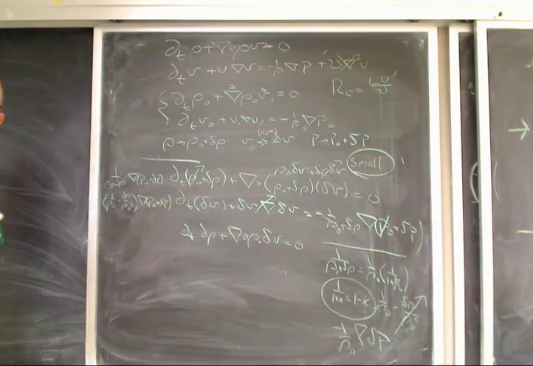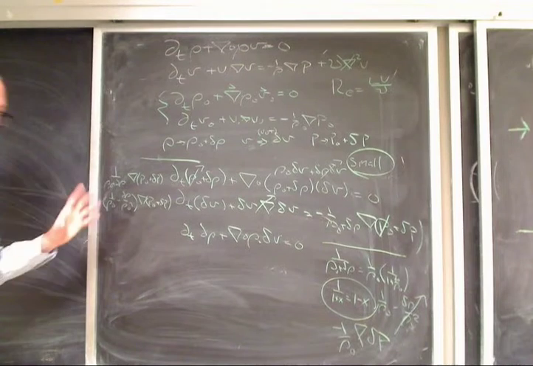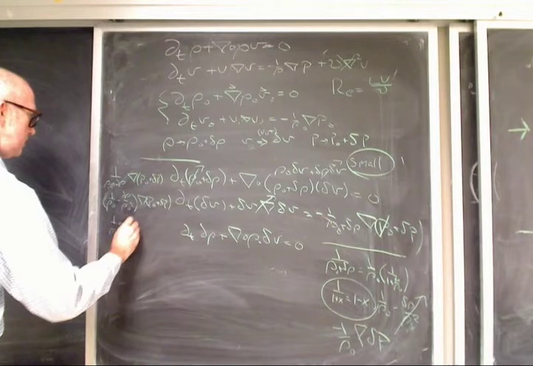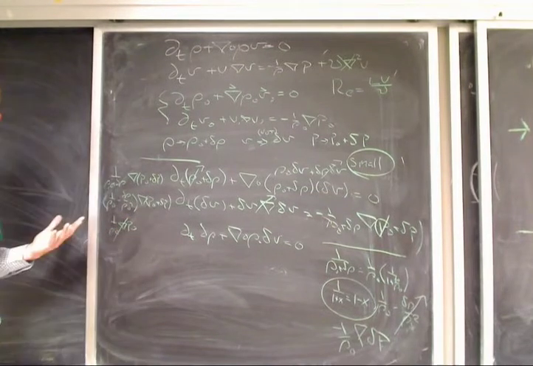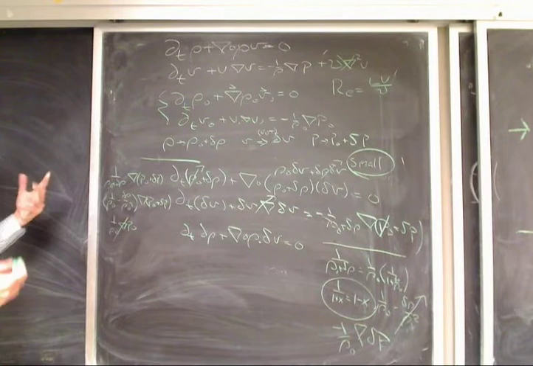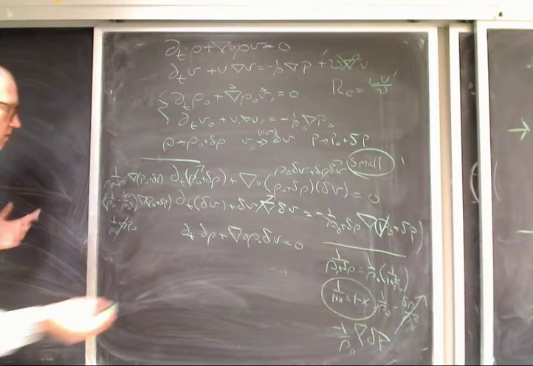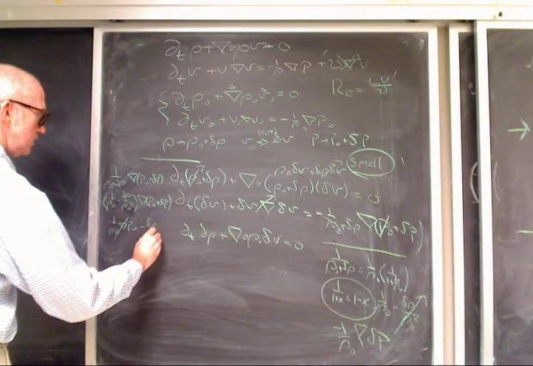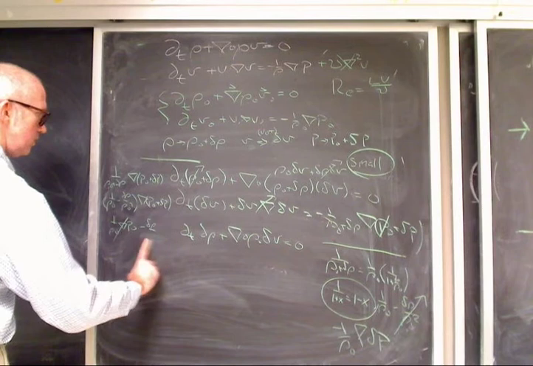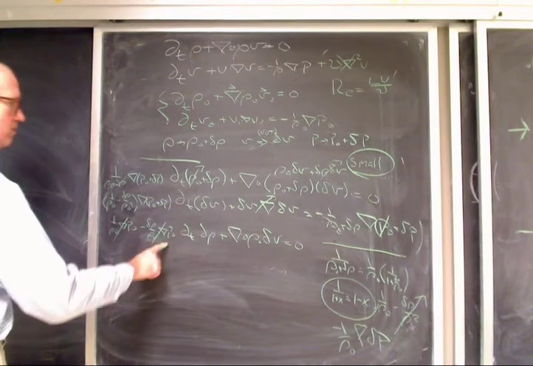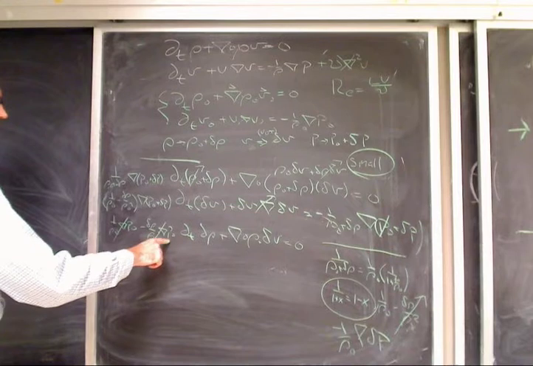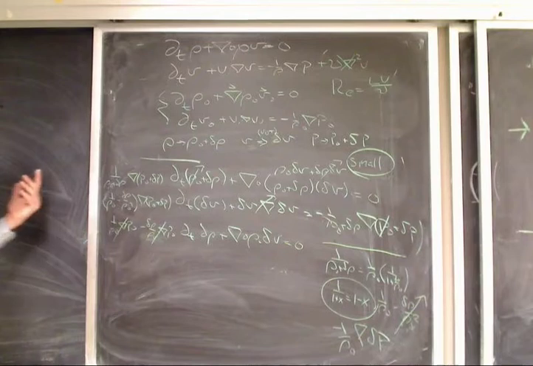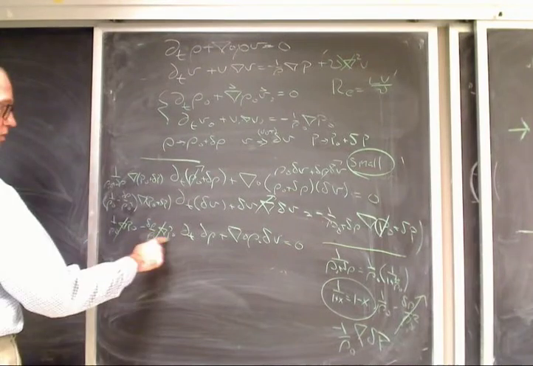And again, super important to separate your p's and your rho's. So we expand this out, we get 1 over rho naught grad p naught, which is part of the background solution. So I'm going to use it with the other parts of the background solution, or it goes away because its gradient's 0. So that's the first term. Minus delta rho over rho naught squared grad p naught. That one goes away because this is 0. If you have a non-trivial solution, then this term will give you some headache, but not a lot of headache because it's linear. But this one goes away because p naught is 0.